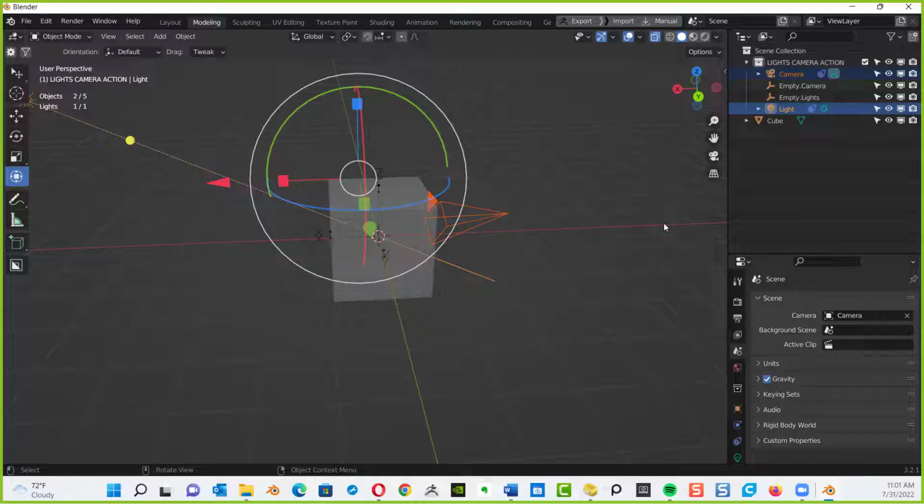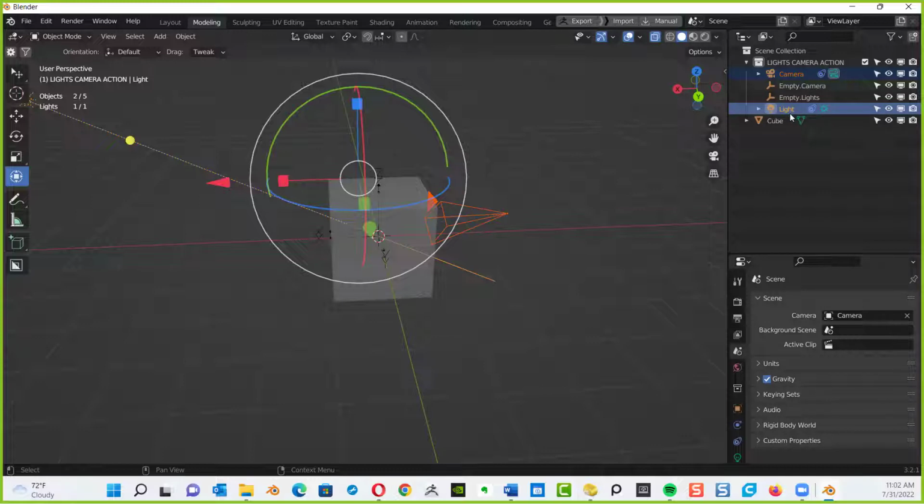Steve, it won't group both. I can't select both of them at the same time, even with the control key. Try the shift. Doesn't work. That works for me though, holding shift down. Here's what I did: I selected the camera, then I let go of the mouse button, then I held down the control key, and then I clicked on the light, and then both were selected.